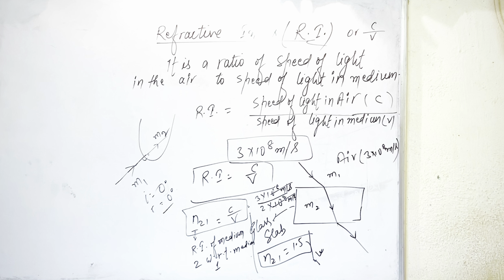And what is the angle of refraction? It is denoted by r. So the angle of refraction is also 0 degrees. That's why it is not bending toward the normal or away from the normal. It should bend toward the normal, but still it is not bending, because it makes an angle of 0 degrees with the normal. I think now you understood all these things.